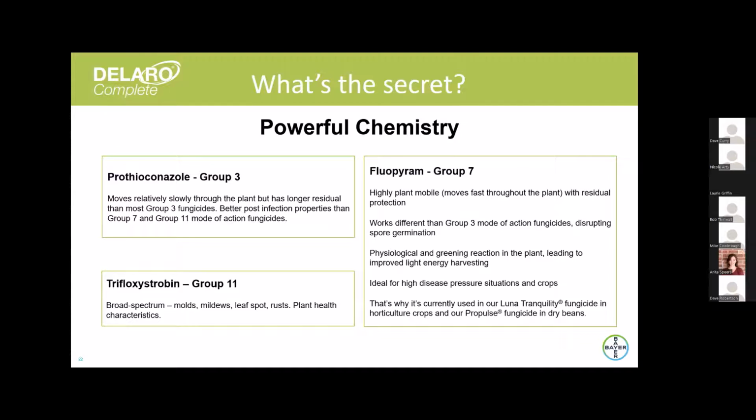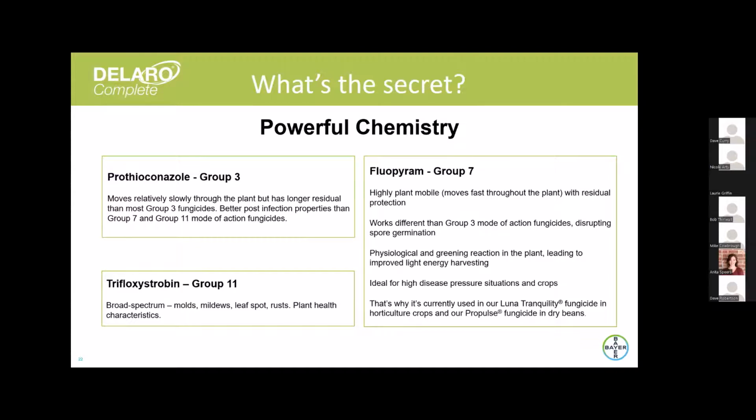And fluopyram is a fungicide that's used in a number of different fungicides within Bayer Crop Science. One you may be familiar with is Ilevo, that's used as a seed treatment. But it's a fungicide that's highly plant mobile. It moves fast through the plant, but it also offers that residual protection. It works a little bit differently than other Group 3 modes of action fungicides by disrupting the spore germination of the disease. It also offers that physiological and greening reaction in the plant, leading to a healthier plant throughout the season. It's ideal for high disease pressure situations, very strong on white mold in soybeans, also in edible beans,